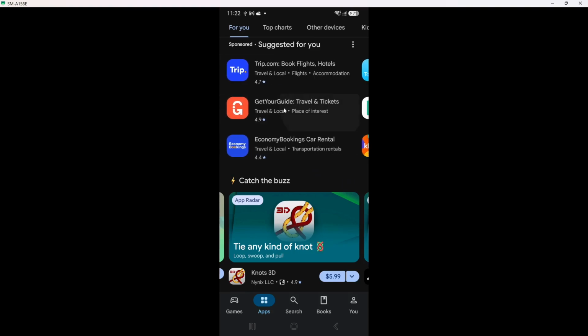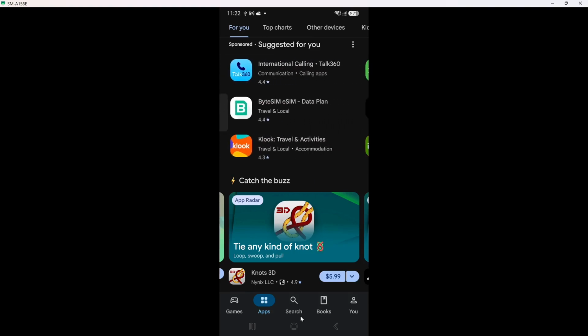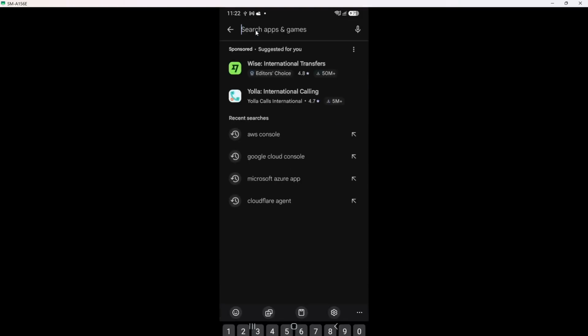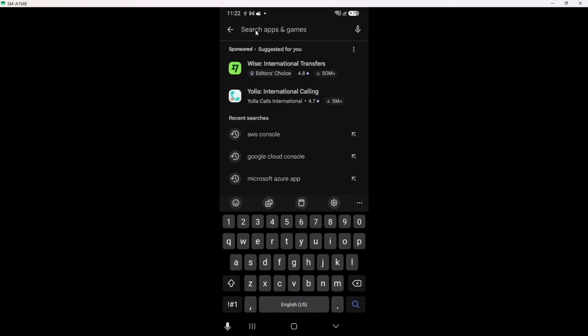Next, tap the search bar at the top of the screen. The search bar is where you can easily find any app you want. When you tap on it, your keyboard will appear, giving you the option to type in what you're looking for. Make sure to position your fingers comfortably on the screen, allowing for a smooth typing experience. This action is important because it helps narrow down the vast selection of apps to find exactly what you need.